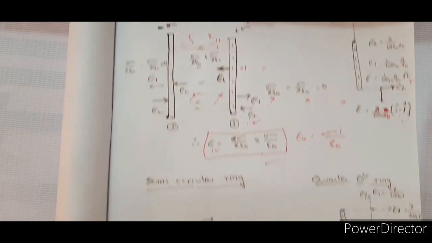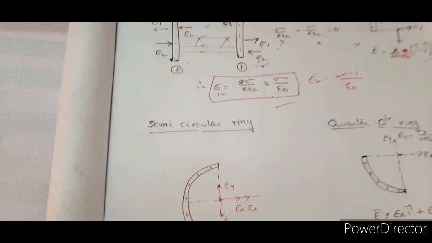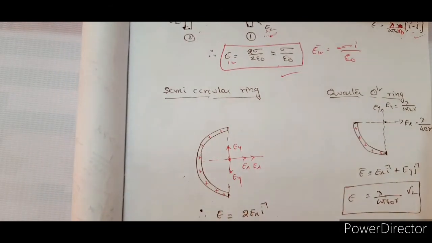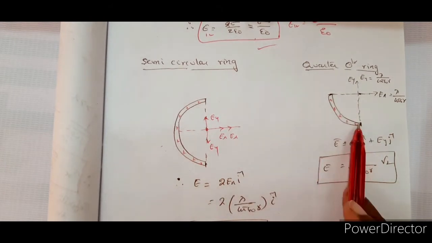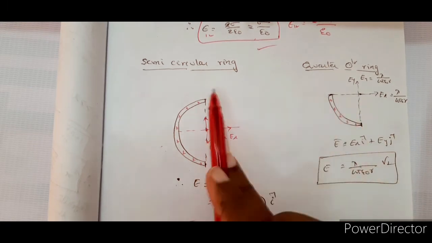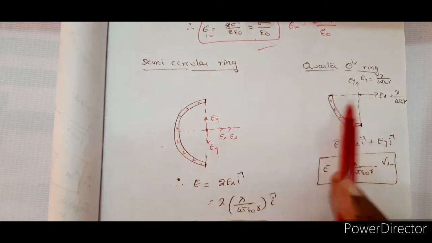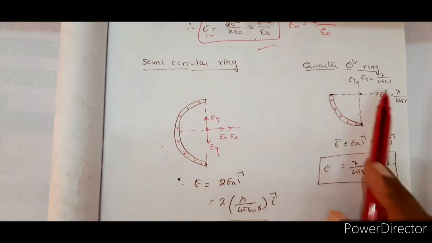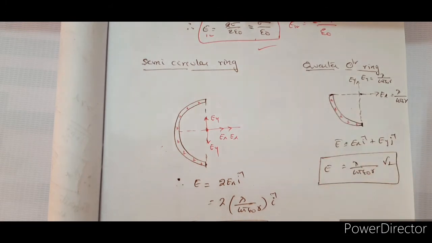Okay, so as we have considered a part of a circular ring and then determined r d theta between the limits, similarly here when you apply the limits 0 to pi by 2, that will become a quarter circular ring. Now you may wonder why I left this and jumped to this. I'll explain why. In the circular ring you have taken a small element dq, making an angle theta with the line joining the point of consideration, and you have taken r d theta, is it not?